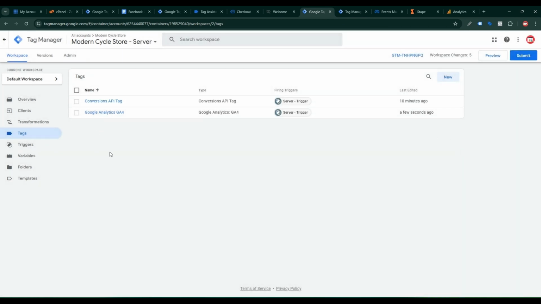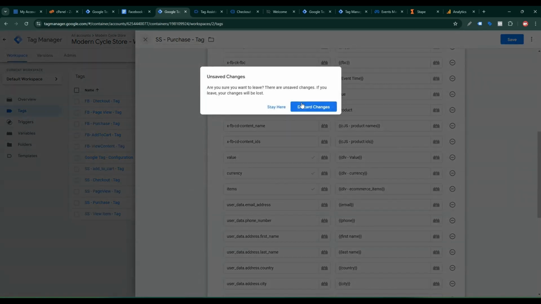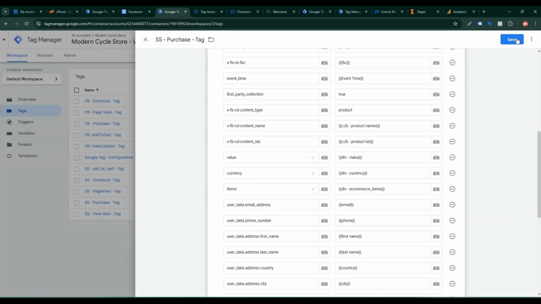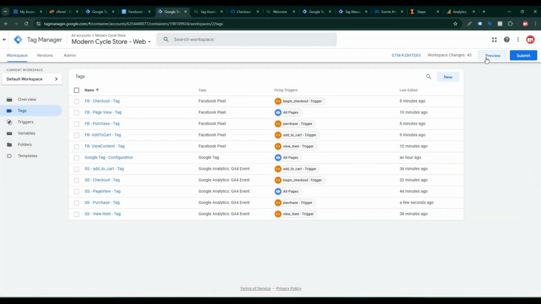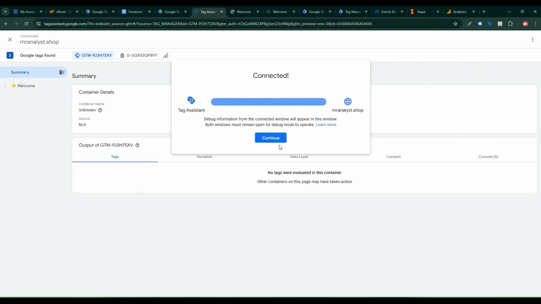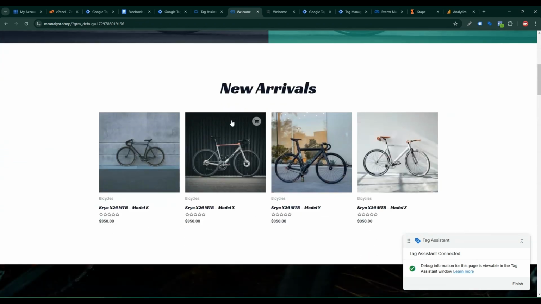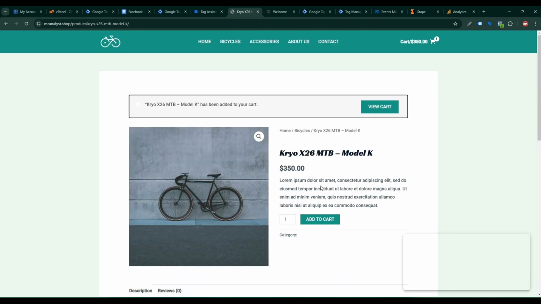So our setup is done. Then click on the preview button. Then click save. Then click the preview button. Need to preview the Google web container and the server container. Then visit your website. Then click add to cart,